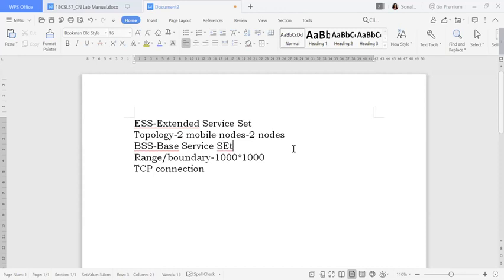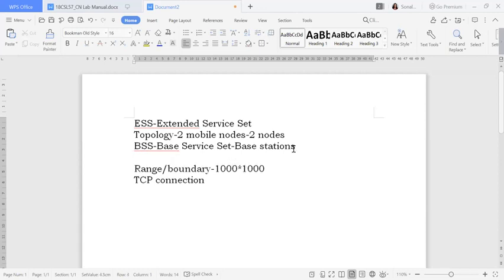So what will happen in this? In this base service set, there will be base stations. Let me write down what is in this BSS. This BSS consists of one single access point.